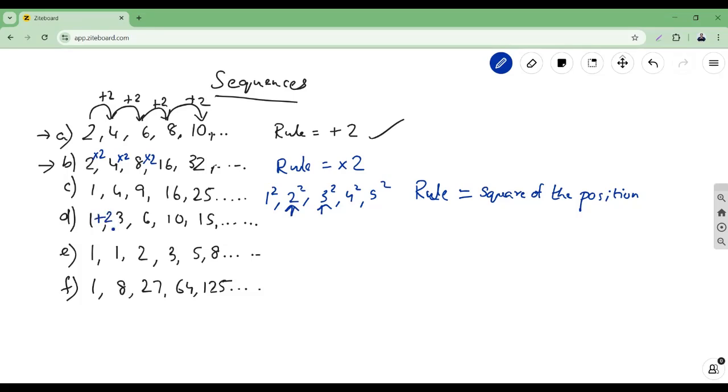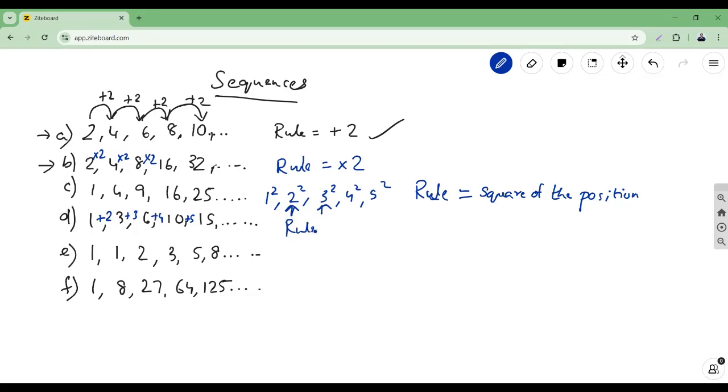Plus 2 here. See, though I am trying to do plus 2 or subtraction, whatever I'm doing, if that is not fitting in, if it's not matching, I'm trying some other approach. But my first approach is always to see if it is an increasing order, I will see what can I add to get the next one. Plus 2 here. Then plus 3 will give me a 6. Plus 4 will give me a 10. Plus 5 will give me a 15. Wow. Okay, so the rule is